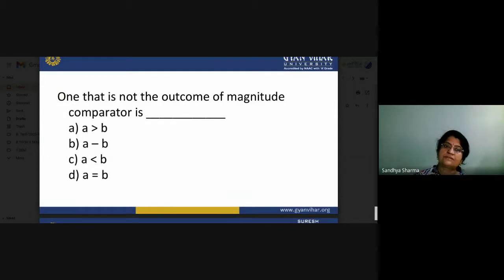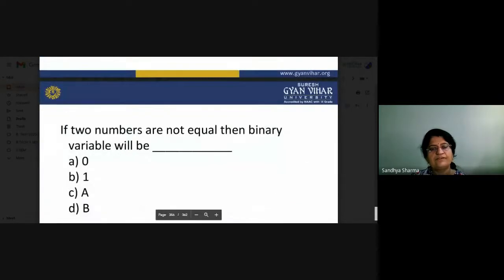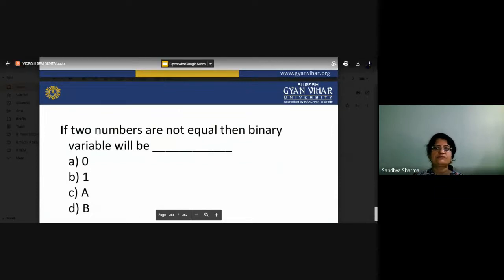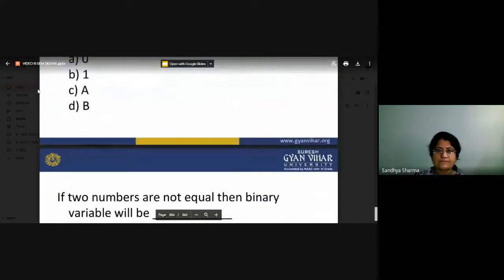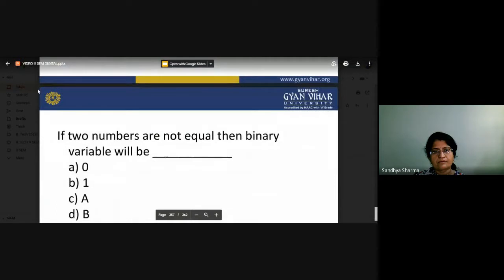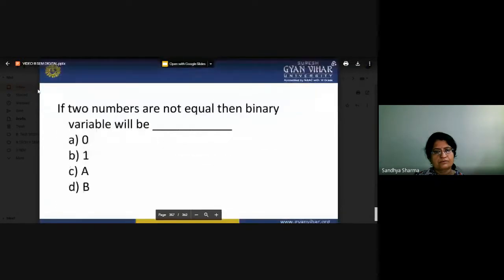What phenomena are we working on in the particular comparator circuit? What will happen if two numbers are not equal? Then the binary variables will be, so you have to select the value which will be the binary variables.